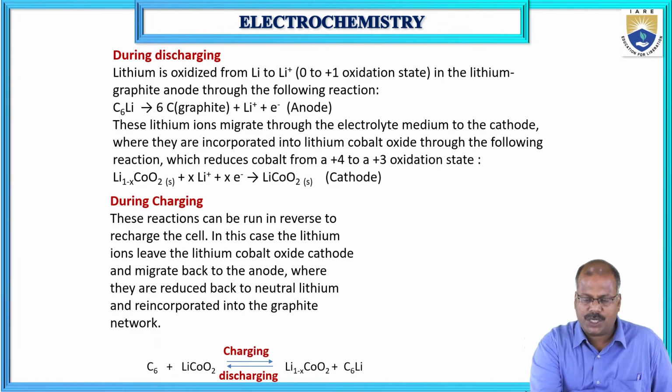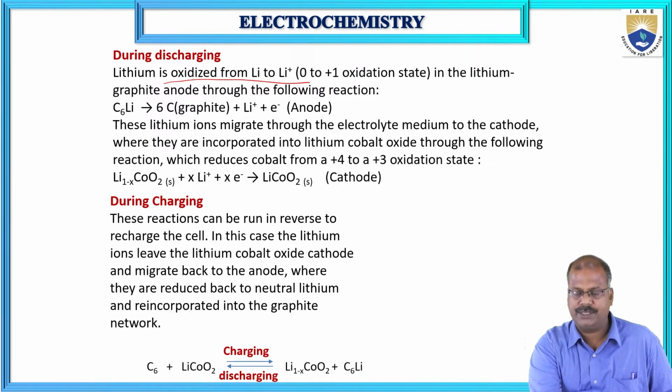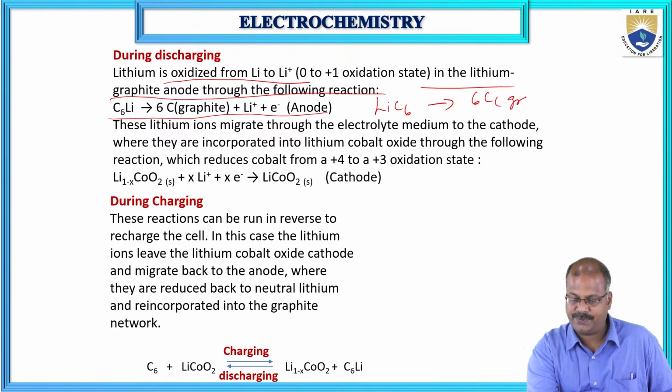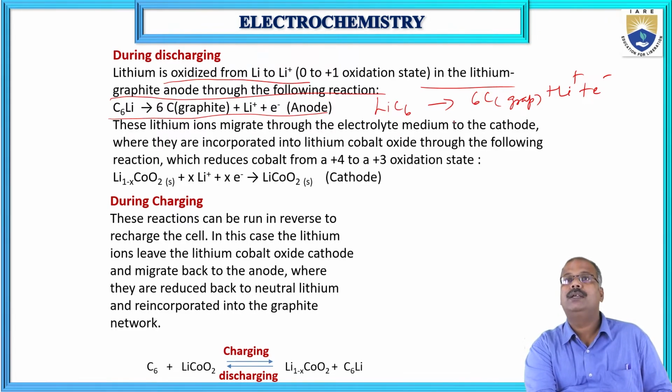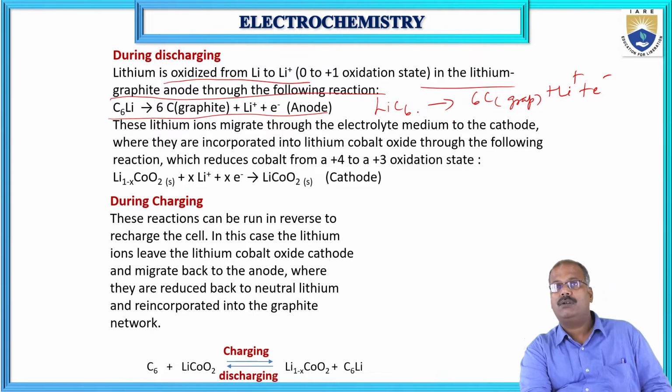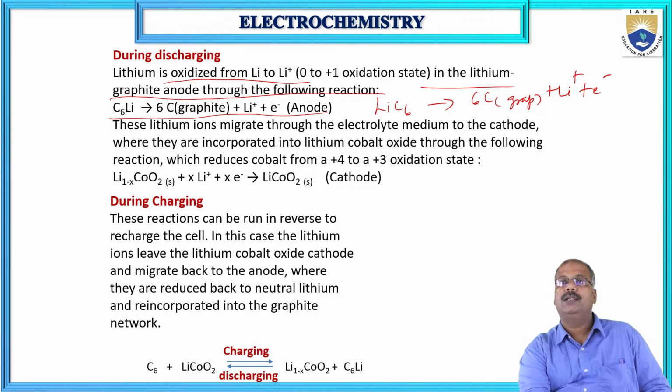During discharging, lithium is oxidized from 0 to +1 oxidation state in the lithium graphite anode through the following reaction: LiC6 gives 6 carbon in the form of graphite plus lithium ion plus electron. This is the anode. The lithium ions migrate through the electrolyte medium to the cathode. Normally in an electrochemical cell we see electrons moving, but here in a lithium-ion cell, lithium ions migrate through the electrolyte medium to the cathode, where they are incorporated into the